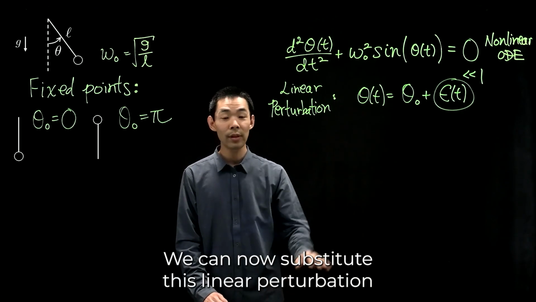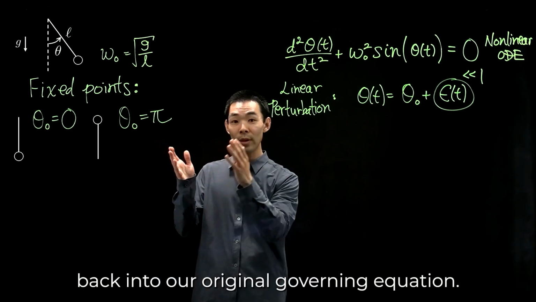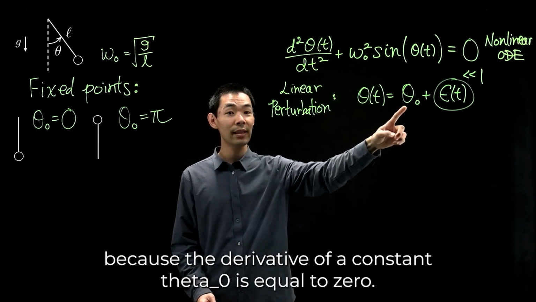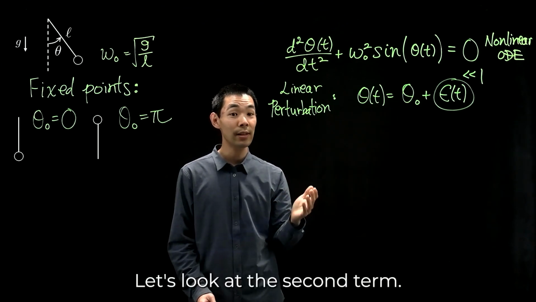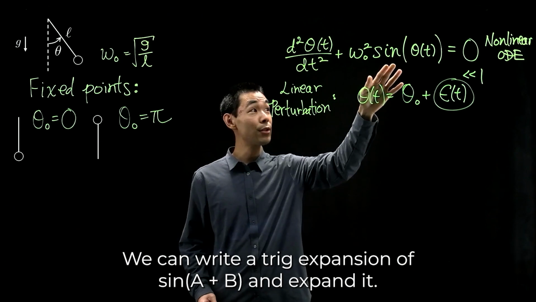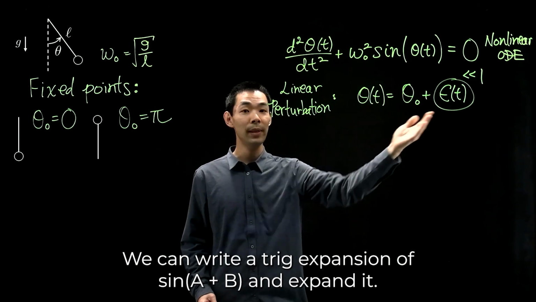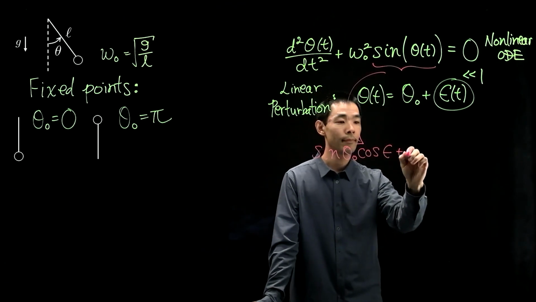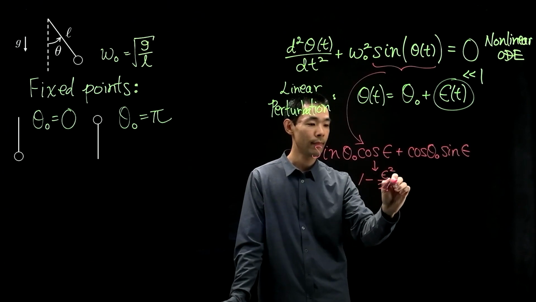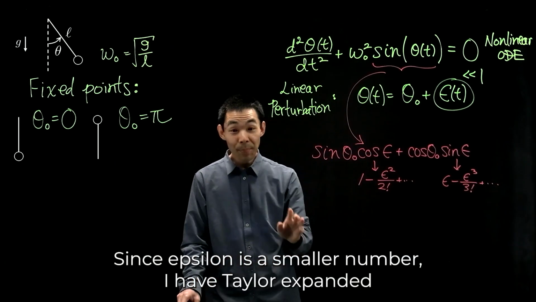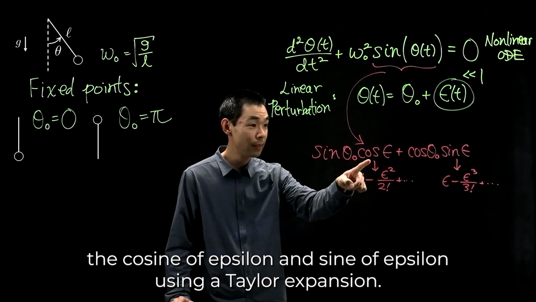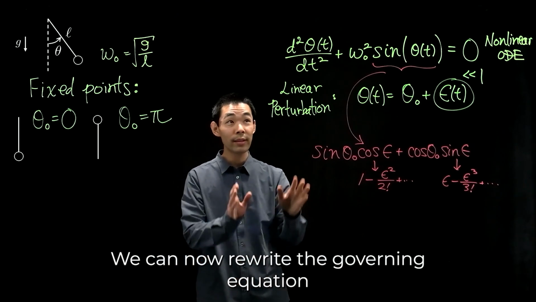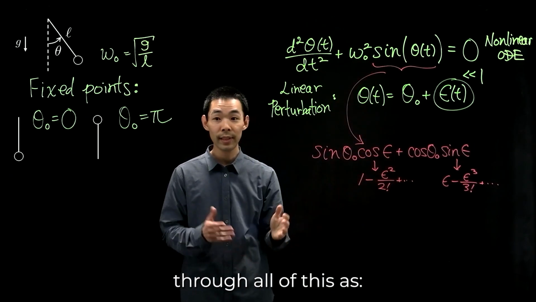We can now substitute this linear perturbation back into our original governing equation. The first term is easy because the derivative of a constant theta naught is equal to 0. Let's look at the second term. We can write a trig expansion of sine of an angle A plus B and expand it. Since epsilon is a small number, I have Taylor expanded the cosine of epsilon and sine of epsilon using the Taylor expansion. We can now rewrite the governing equation through all of this as